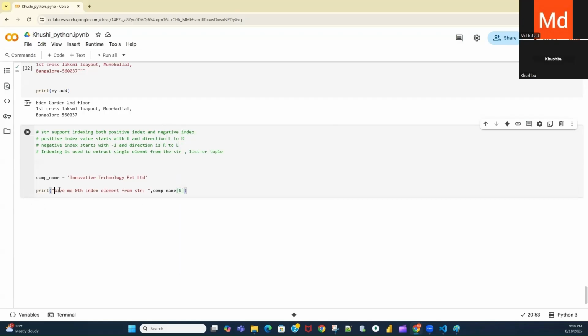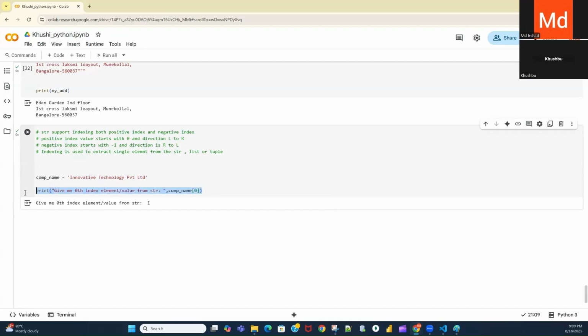This is just a statement to understand. This code will give me the zeroth index element. An element is nothing but this character, and you can call it a value also. If I execute this code, it will give me I, which is at the zeroth index.